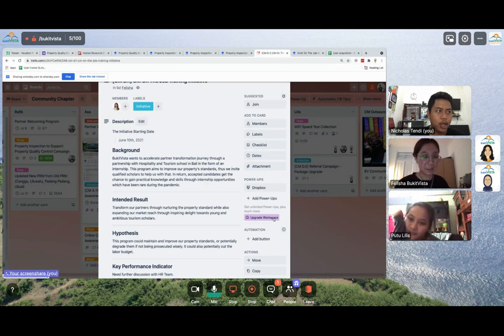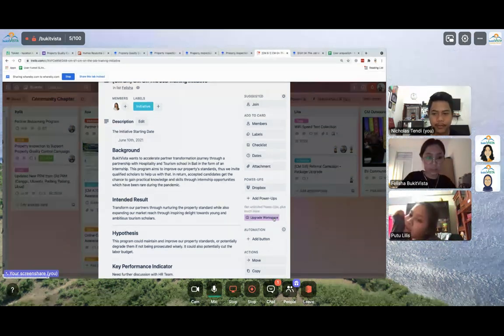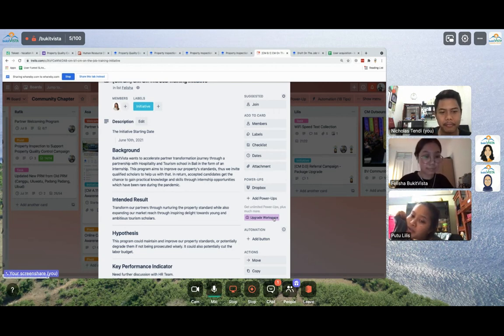We haven't started execution yet. We're still planning, like the material proposal to schools, that's Felicia's for the PSC. After that there will be a pivot card for execution. Actually, we need a new person like an intern based in Bali, because Tendi and Rafiq already have a lot of bandwidth used in the main campaign.